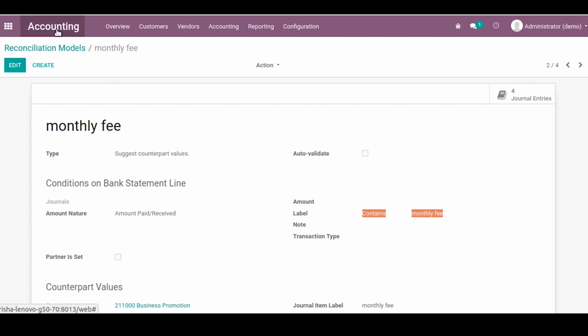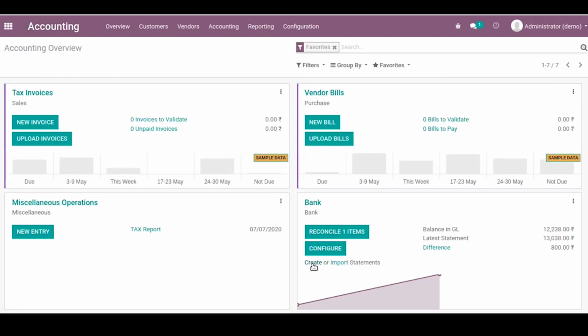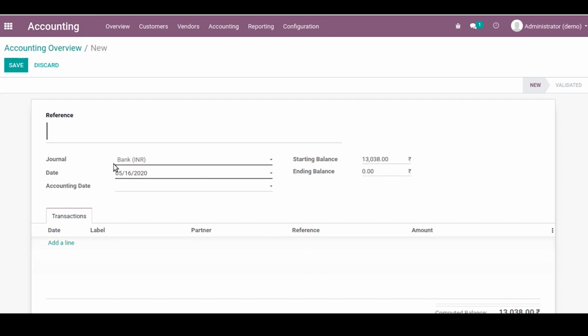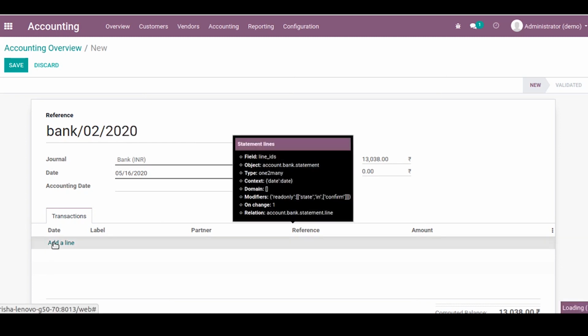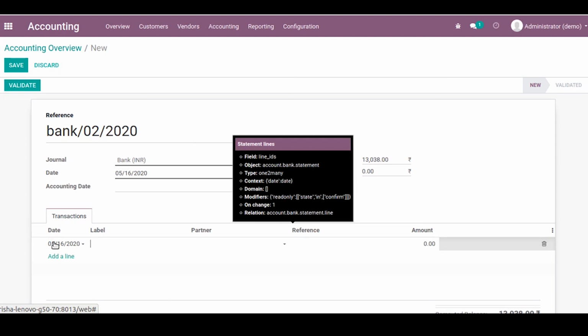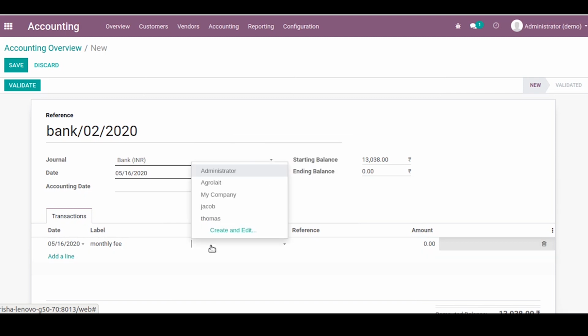So now let's create a bank statement to see how it works. As mentioned, I'll give the label monthly fee here, and let's say the amount is 800.